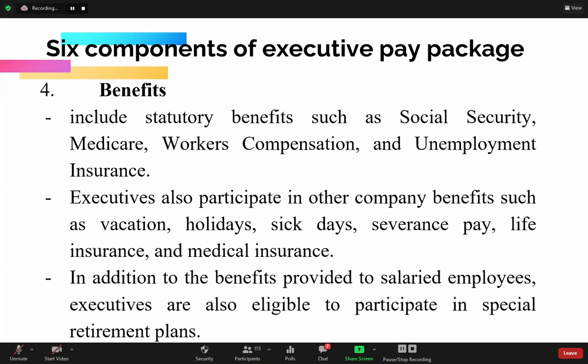So they also receive the benefits given to normal employees because to some extent executives are also normal employees of the company, and are also eligible to participate in special retirement plans. These retirement plans will include being given a house and the company paying the rent for the house. Next, we have